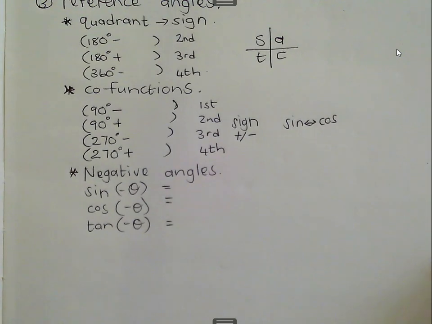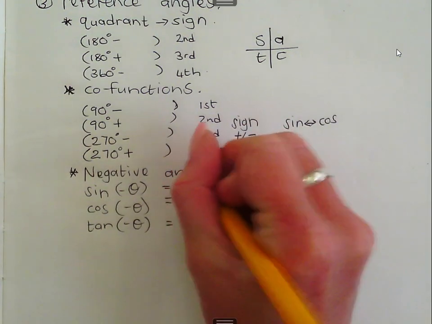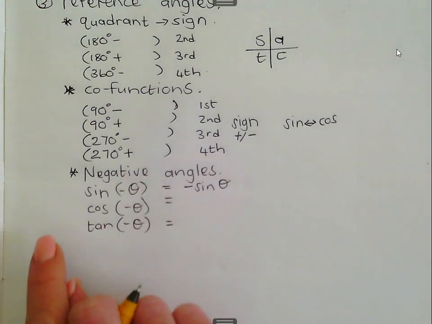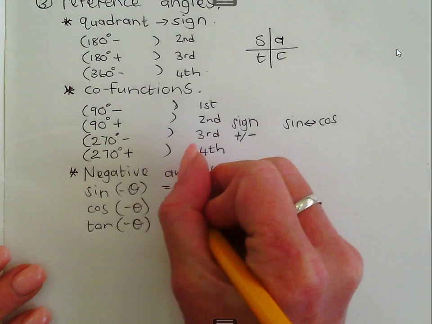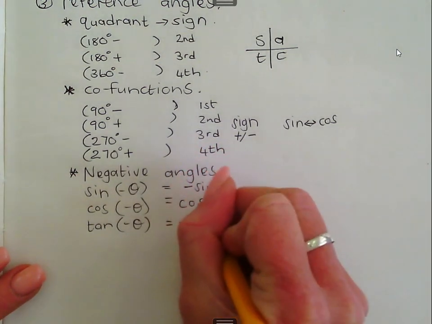Okay, when we work with negative angles, it means that instead of reading the CAST diagram or the Cartesian plane in an anti-clockwise direction, the angle has gone in a clockwise direction. So the sin of a negative angle is going to be the negative sin of the angle. And that could have been 100 degrees as well. Then you just first take the negative to the front and then you handle it as you normally would. The cos of a negative is the positive cos of the angle. And the tan of a negative is the negative tan of the angle.